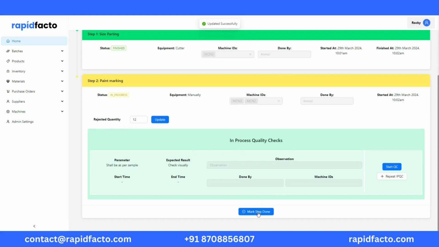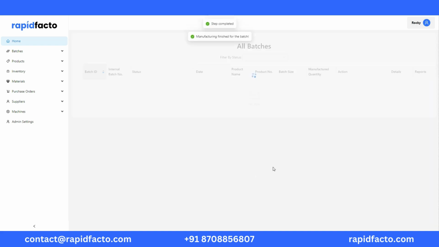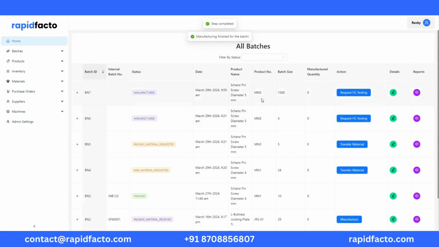Similarly, once the step is done, you can mark the step as done and then start the IPQC process. Same thing, we will mention the observation, name of the person who has conducted the IPQC check and the machine ID on which it was done. You can submit the QC and submit the IPQC report. Once you have done with all the manufacturing steps, the intimation will automatically be sent to the QC department to